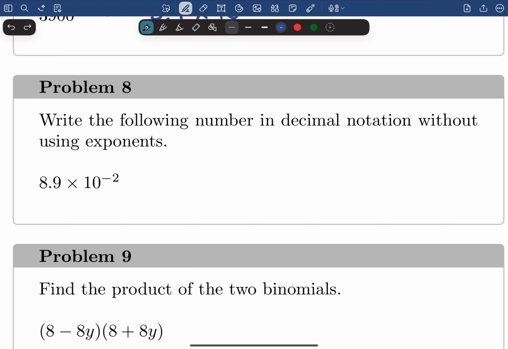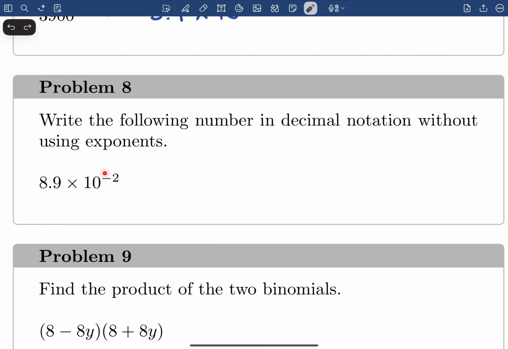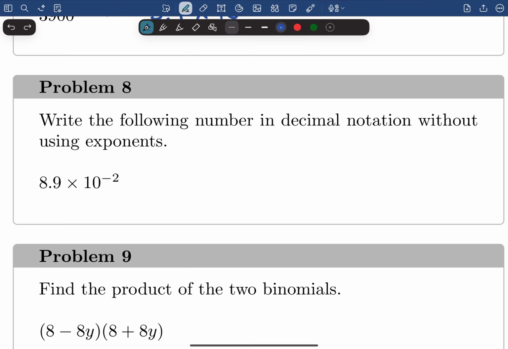So let's write the following number in decimal notation without using exponents. And it says 8.9 times 10 to the negative 2 power. And you'll notice that that negative 2 power means that this is a smaller number than what I'm starting with. So we would have to take the decimal, and it's currently right here. We would have to move it 2 places over. Okay, so we're moving it 1, 2 placements over and putting the decimal. Any empty spaces get filled with zeros. Okay, so I know that 8.9 times 10 to the negative 2 power is going to be then